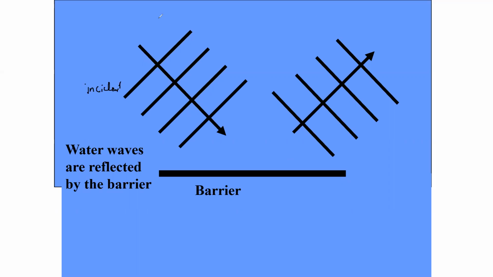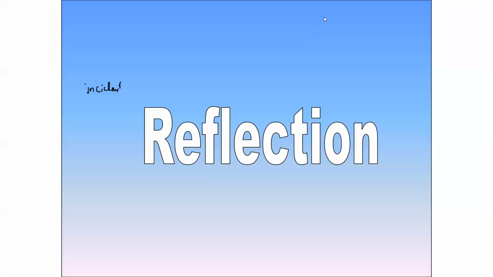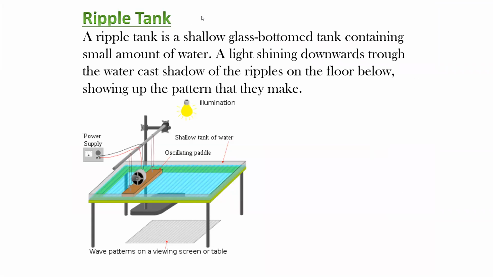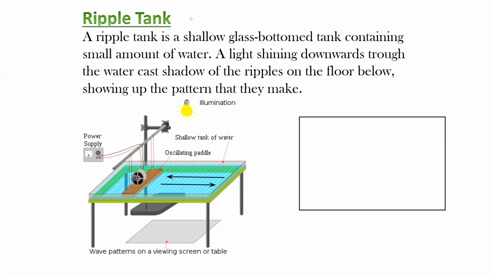So if we have a ripple tank and we are producing a wave, the wave which strikes is called the incident wave. After striking a barrier, the container wall, the waves will bounce back. That is known as the reflected wave. But if the waves are making a certain angle,